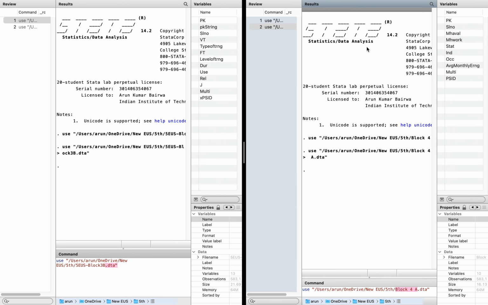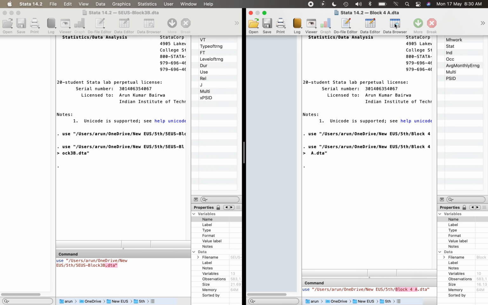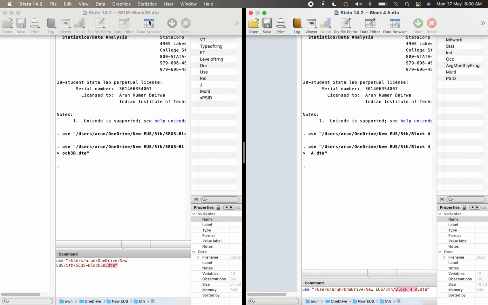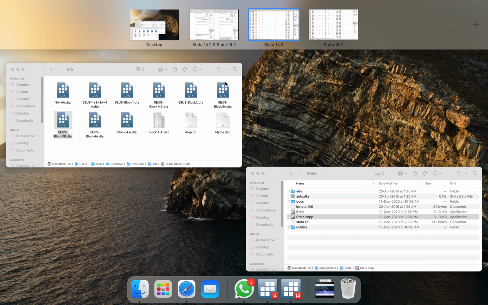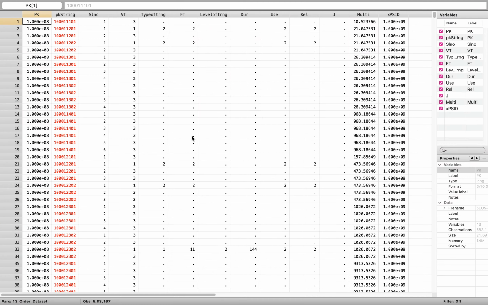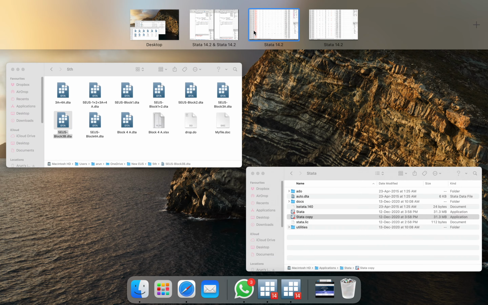Now we'll see the browser window as well. This has opened here, and this is also open. We'll keep both together. Now we can compare. Okay, it is not going simultaneously.